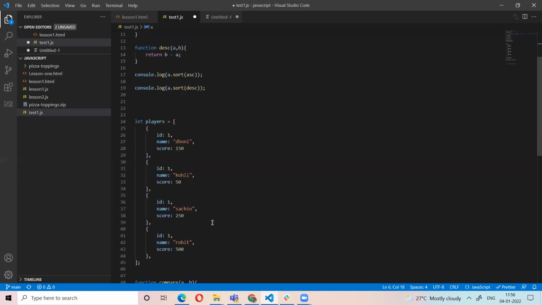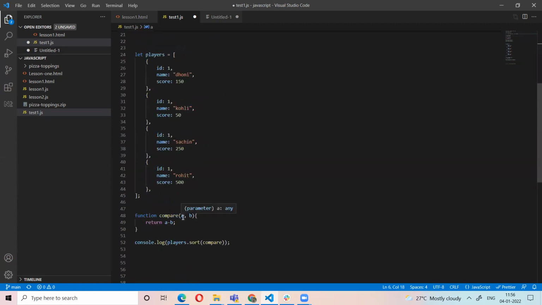In the same way, what is the first value here? It is the first object. First it will be the first object, second it will be the second object, third will be the third object.